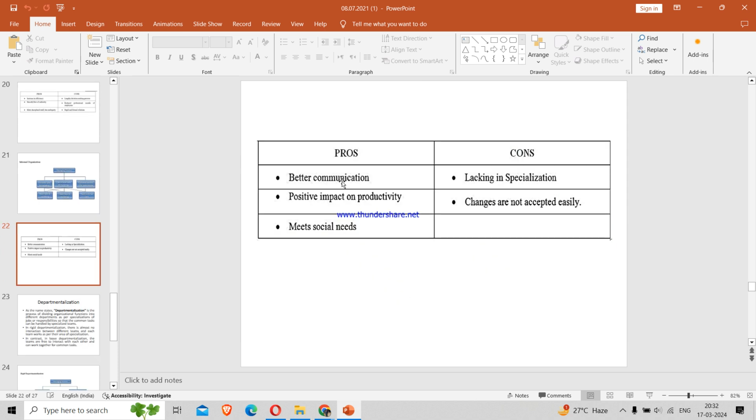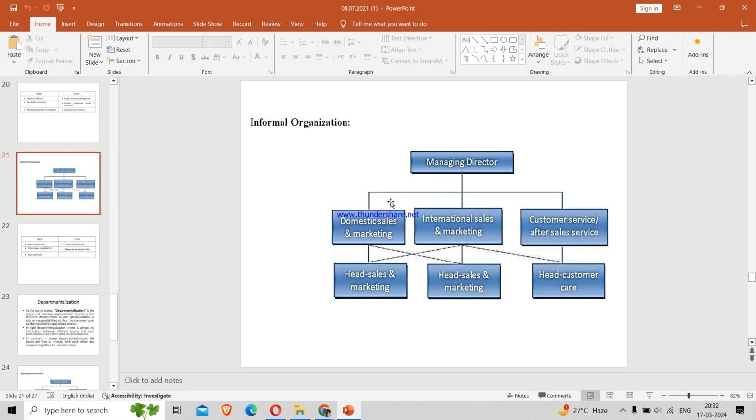So what are the pros? There is a better communication, positive impact on productivity. Suppose the domestic sales is not producing the expected output, then the domestic sales marketing will try to take the accountability of it, as well as the international sales will go to them and ask why it is not happening. So this particular part will be accountable to both of these, that is domestic sales as well